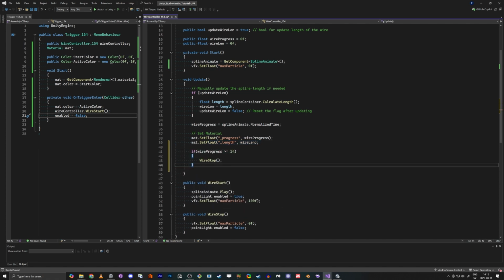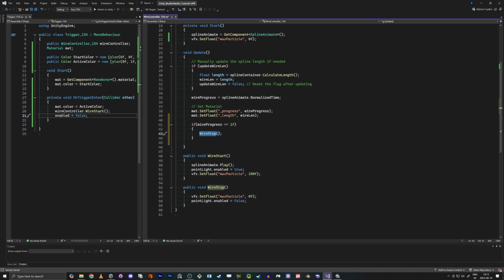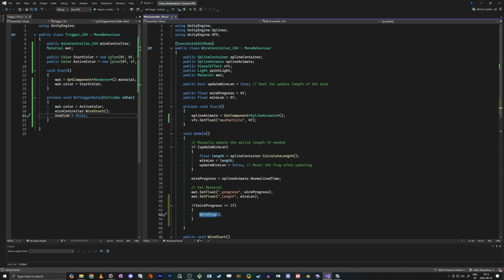If the wire progress is equal, well, we can do this. This is good. When it is equal or more than 1, it will always be 1, but this is fine. Then we will stop the wire. So this is perfect. Then we will stop the VFX setup,